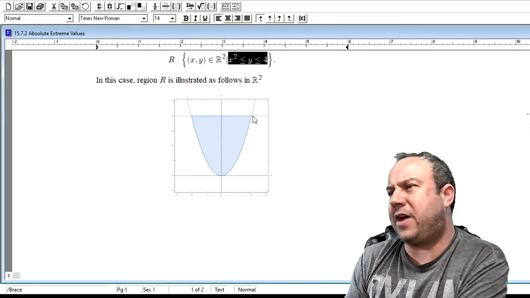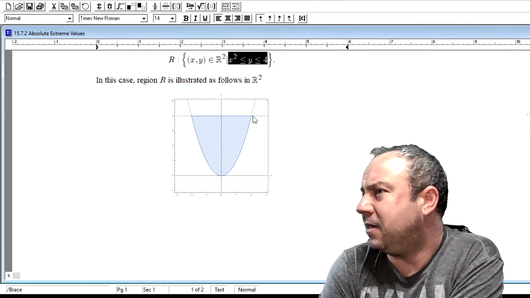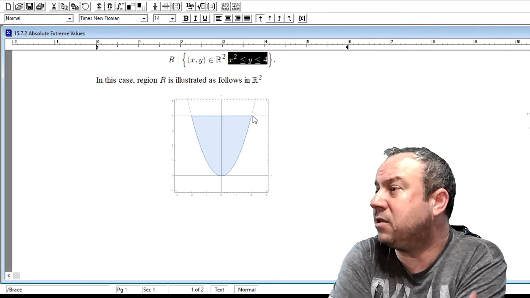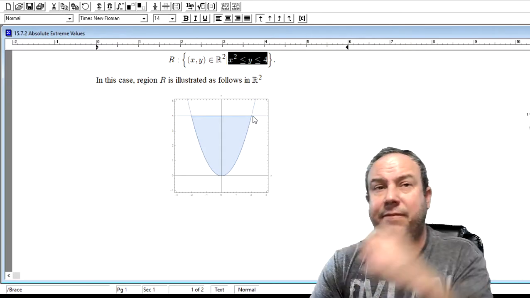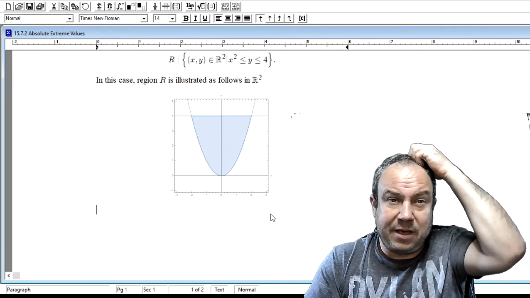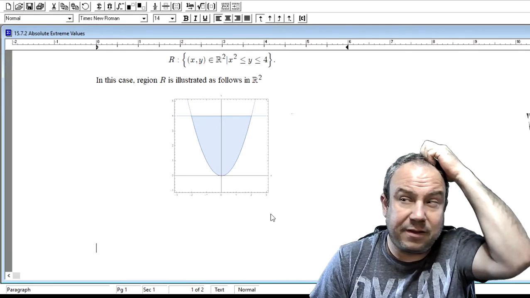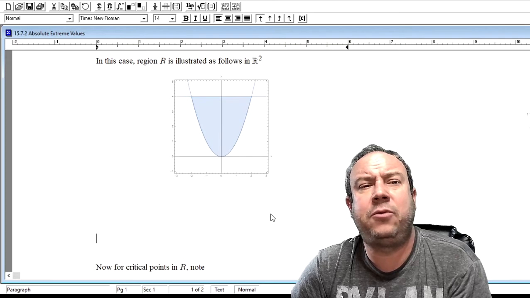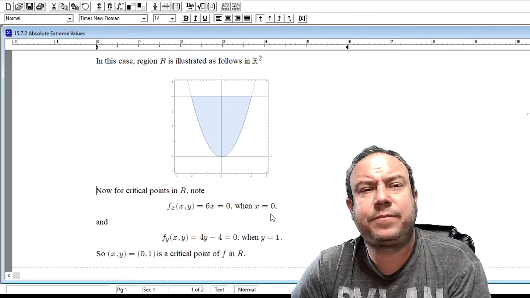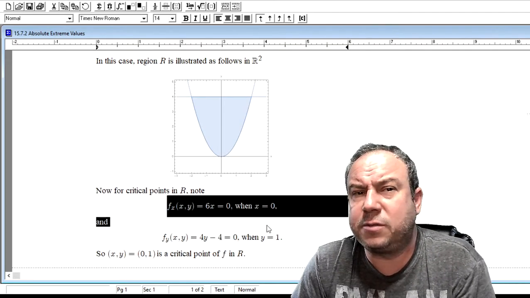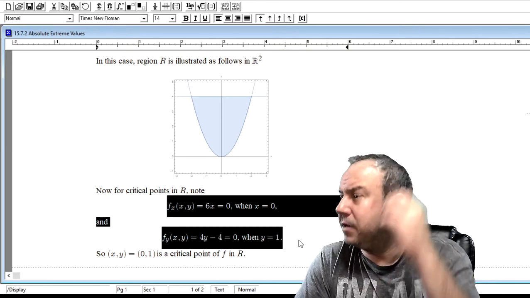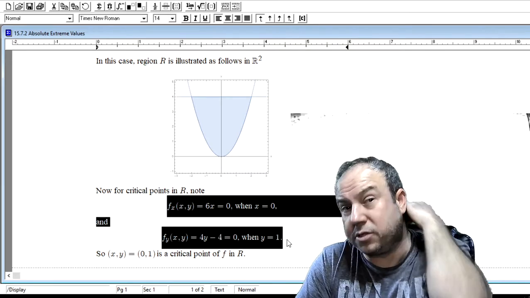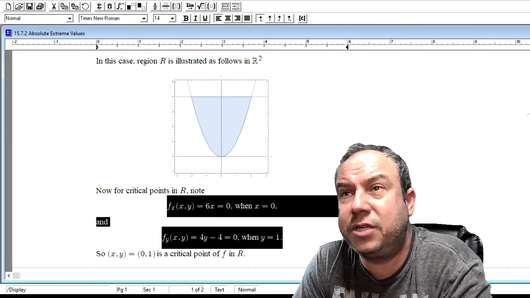Whatever is the largest value of f would be our absolute max. Whatever is the smallest value would be our absolute minimum value. All right? If we turn our attention to being within that region, we are going to look at the first partials. All right? And you notice if we look at the first partials of f with respect to x for this function,